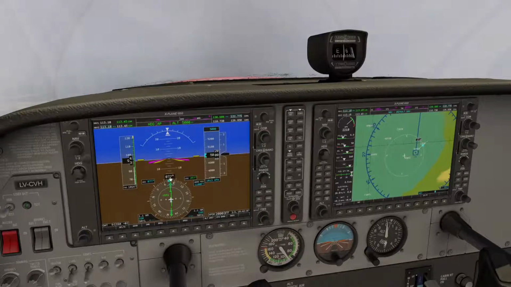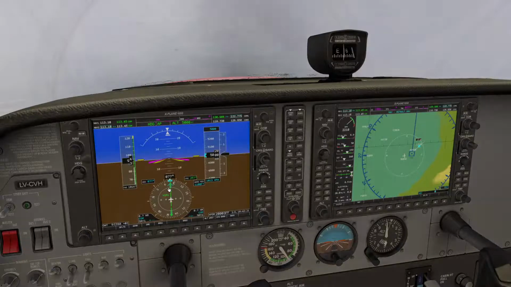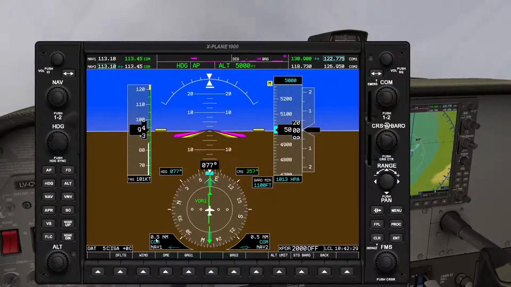The heading and track is equal because there is almost no wind condition currently, and there is no need of correction for the heading during the outbound and also inbound leg of the holding. Half nautical mile inbound to VOR. As you know, this is a slant range distance. A station is currently passing and turning